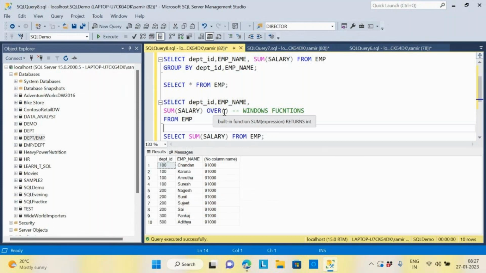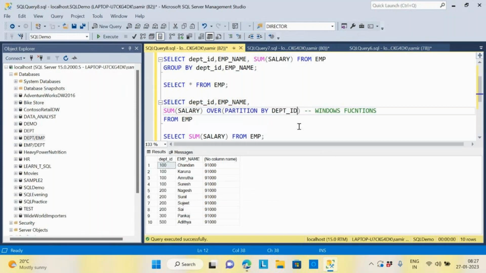Then we need to put something inside the OVER clause. Another clause will come into picture in window functions, that is called PARTITION BY. Partition by, I can say department_id. It is just like a group by only. It will take each partition of the department, like how many departments I have, 100, 200, 300, 400, right? It will partition that, and on top of that it will give you the sum of salary. So if I run now,